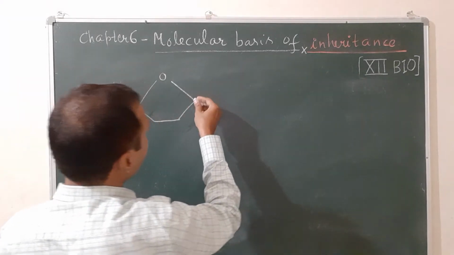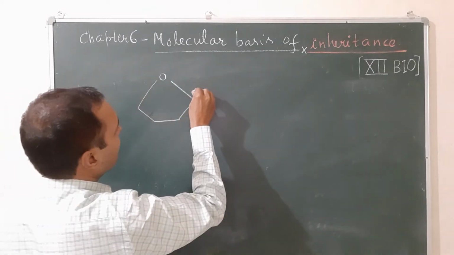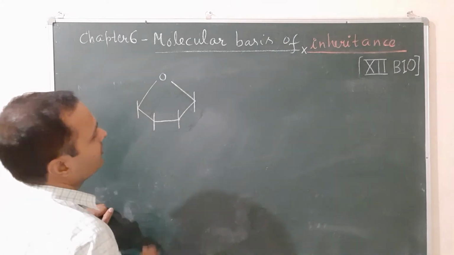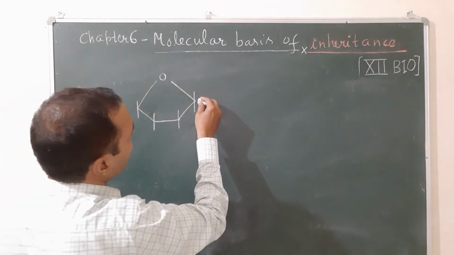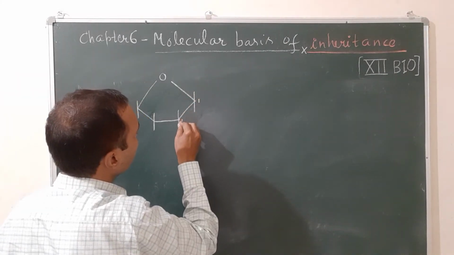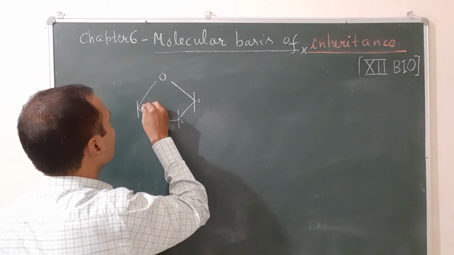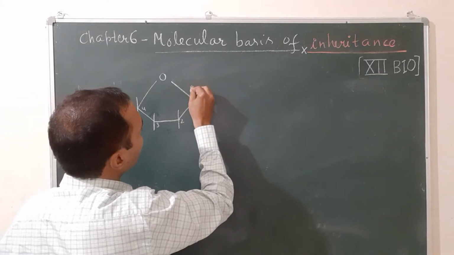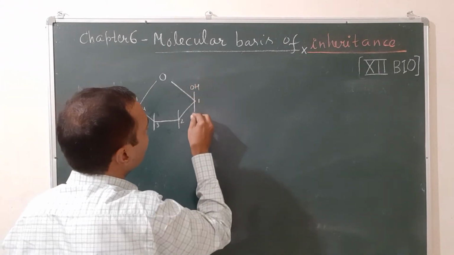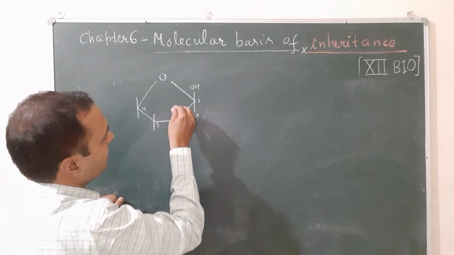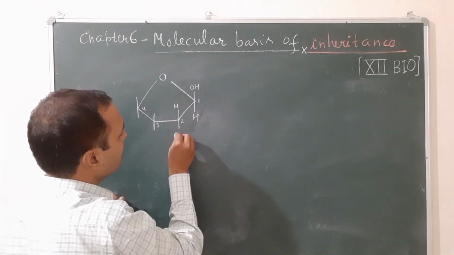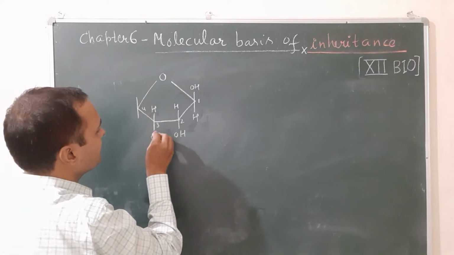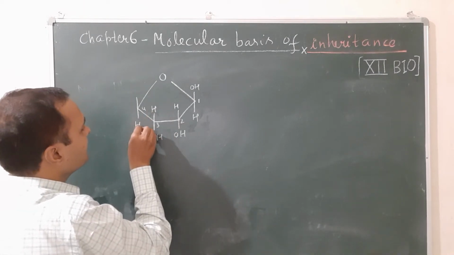These corners represent carbon atoms, and we put a straight line around each carbon atom. We number them 1, 2, 3, 4, and there will be a 5th carbon on this side. In the first carbon, we write a hydroxyl group upside and hydrogen atom downside. In the second carbon, it is H and OH. Third carbon again H and OH. In the fourth carbon, H and